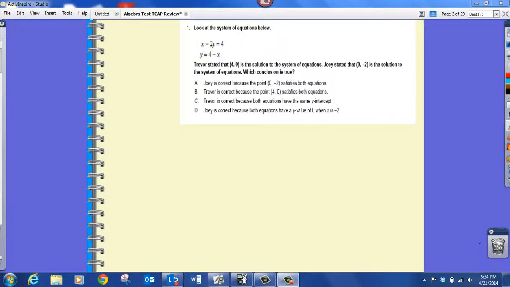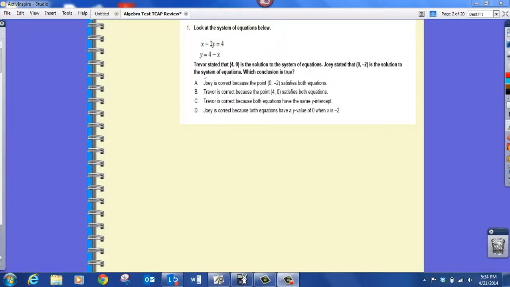This is number 1 of the Algebra TCAP review test. It says, look at the system of equations below. And then it says, Trevor stated that (4, 0) is the solution to the system of equations. Joey stated that (0, -2) is the solution to the system of equations. Which conclusion is true? Well, the way they have it, test taking strategy here, I can just put the numbers